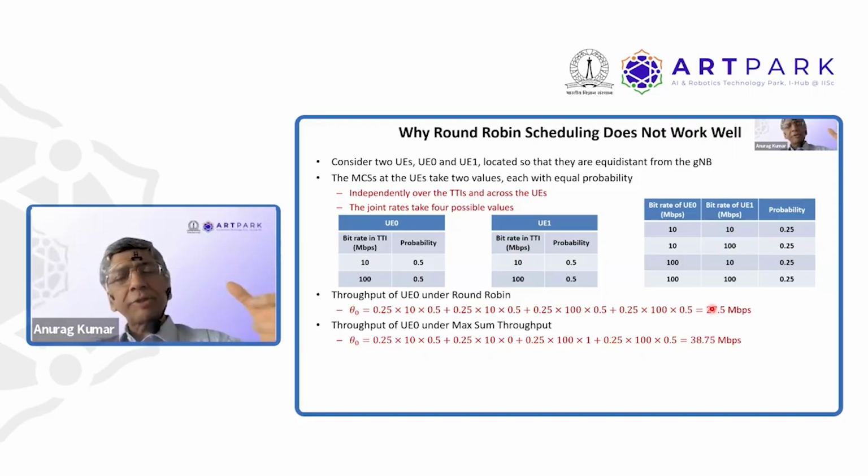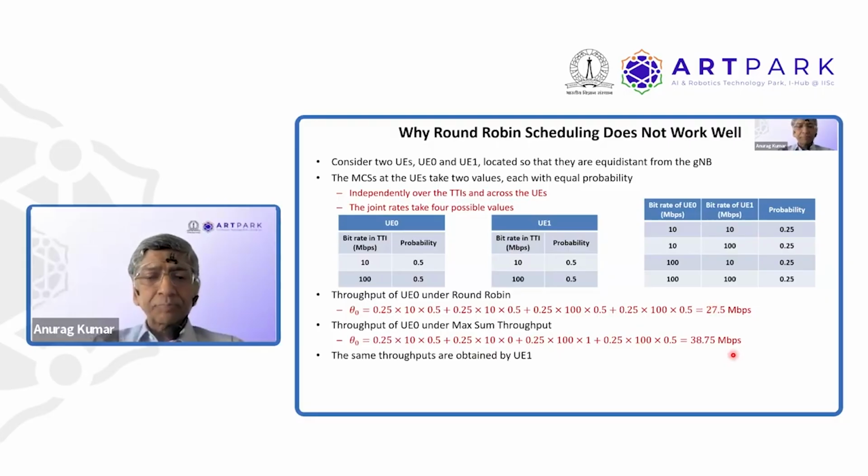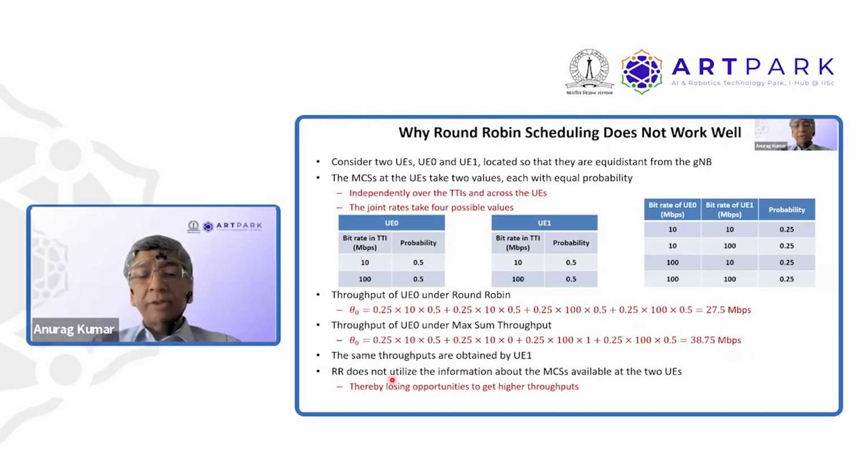I use that information in my scheduling. So round robin scheduling can be very bad. Okay. So round robin does not utilize the information about the MCSs available in the two UEs, thereby losing opportunities to get higher throughput. Okay. So here, the throughput pair is going to be 27.5, 27.5. Here it will be 38.75,